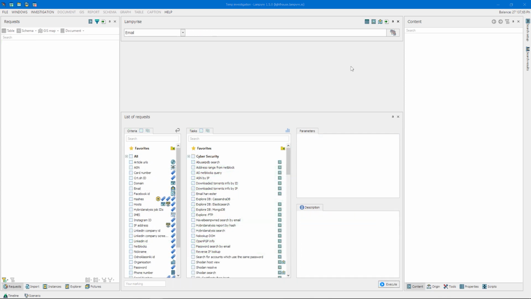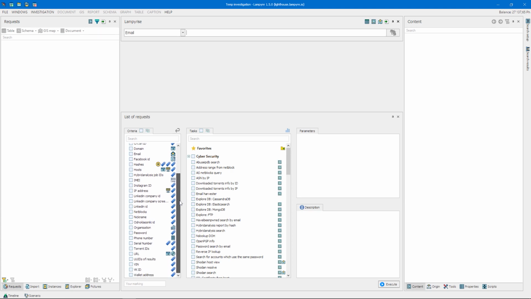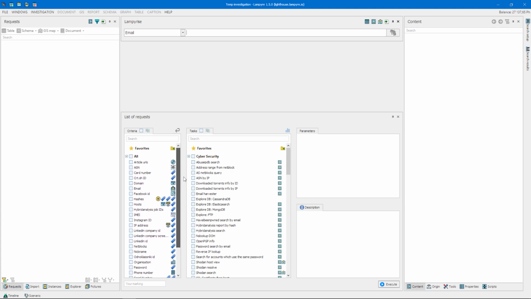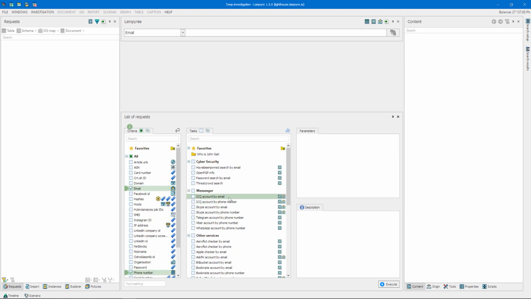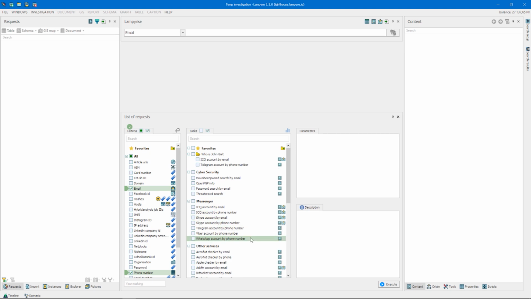In terms of new features, let's go back to the list of requests window. As you see, we've got a variety of these requests there already, and we're of course working on more. But the point is that you never use them all. Most likely, you just pick some which cover your common tasks. So for you, we introduced the favorite folder, even folders. You can create them, any number you need, by clicking this icon, then edit them, and so on. To add requests, you tick what you need, then right-click any of them, and choose where to add. Customize your list of requests for more efficient work.